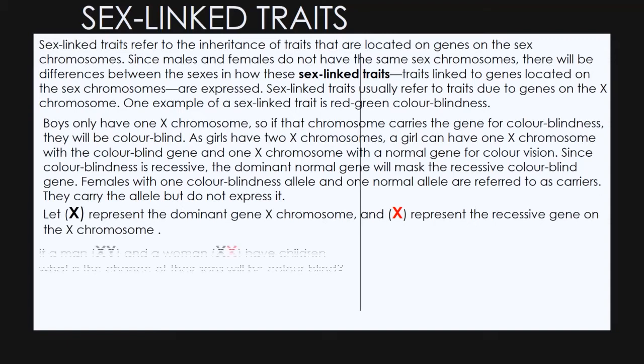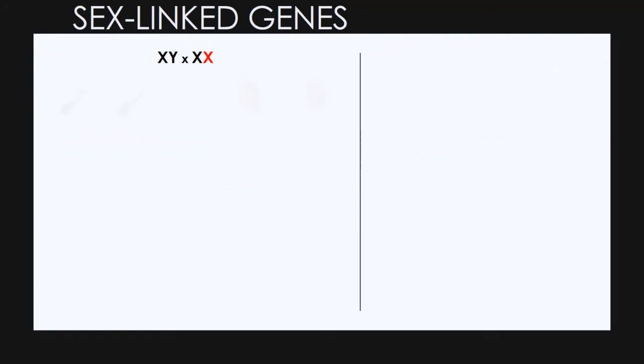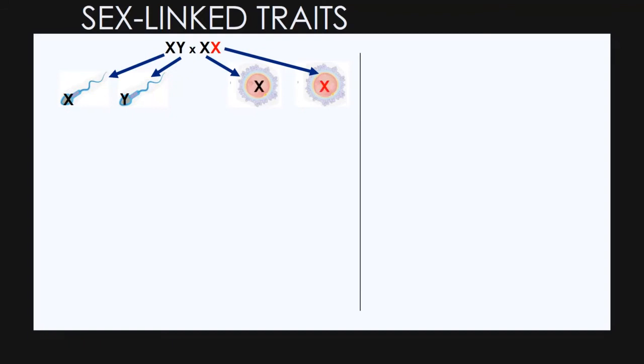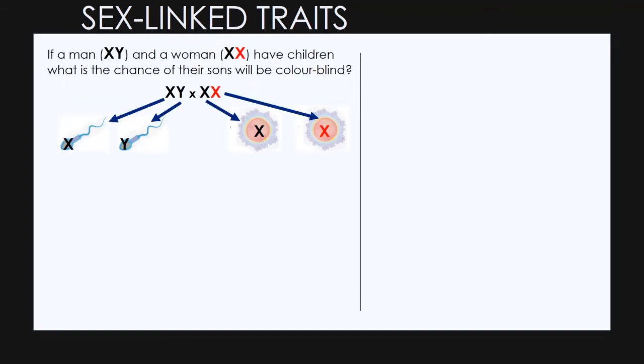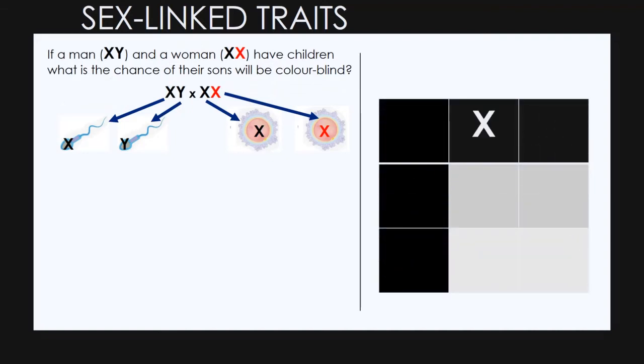So if a man, XY, marries a carrier, what is the chance that their sons will be colorblind? Let's have a look at that cross. Firstly, in terms of the gametes during meiosis, the sperm will have one X chromosome or one Y chromosome. There's no color blindness allele on his chromosome. The female will have one X chromosome for normal vision, one X chromosome for the recessive gene. So doing the Punnett square cross with the XY male and XX female,